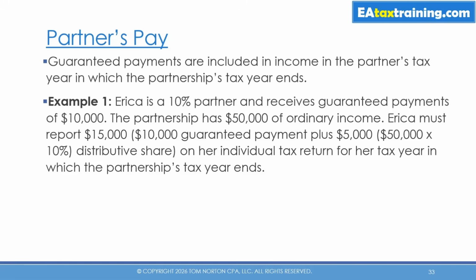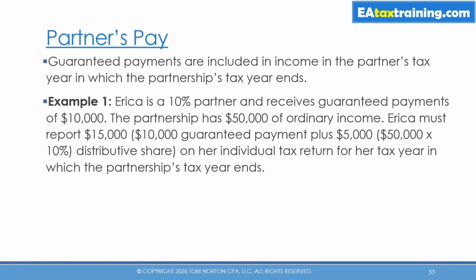Erica is a 10% partner and receives guaranteed payments of $10,000. The partnership has $50,000 of ordinary income, so Erica must report $15,000 of income from the partnership. Her $10,000 in guaranteed payments, plus $5,000 as her share of the profits of the partnership. And she's going to report that on her individual tax return for her tax year in which the partnership's tax